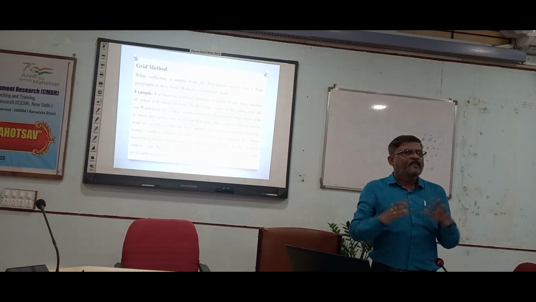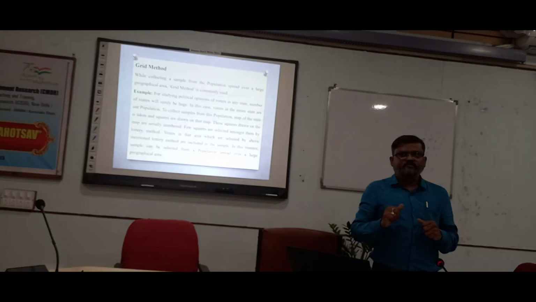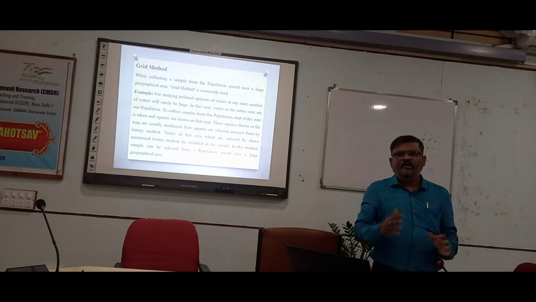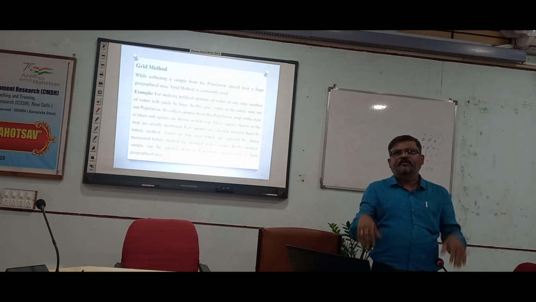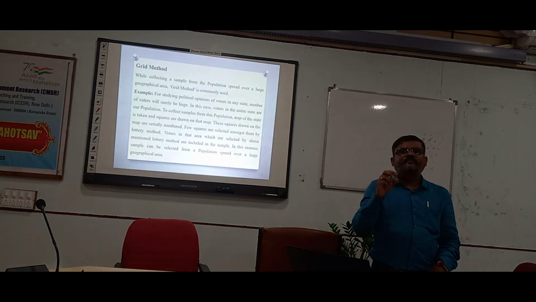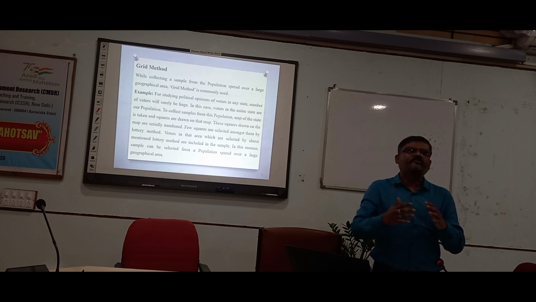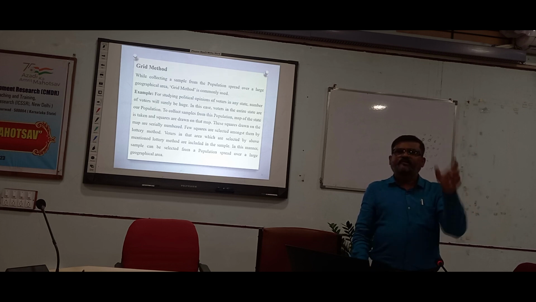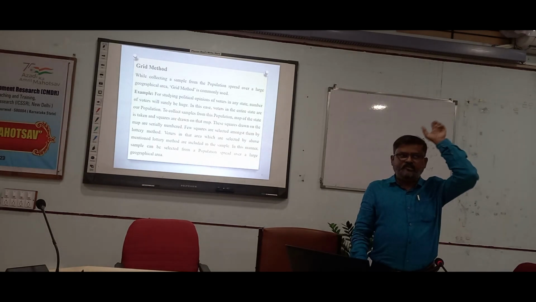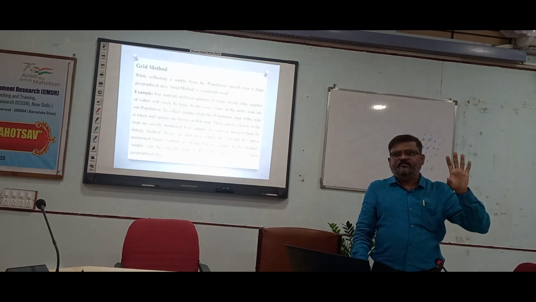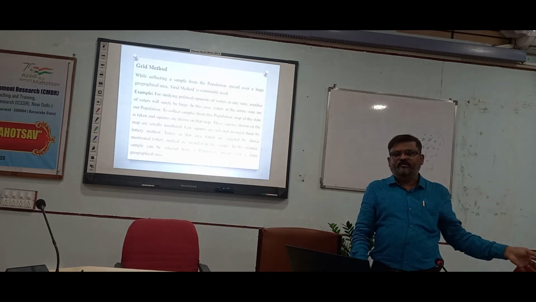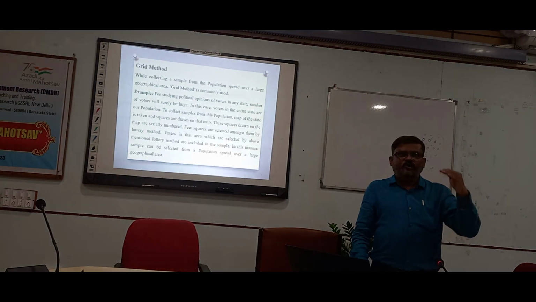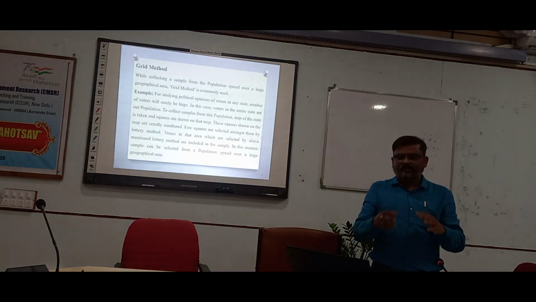Suppose you have some census data of any village or city, and you put it into the Excel sheet in your system. There is a command for rand. If you use rand, it will automatically randomize the data. Then, however many samples you require, you can directly select. Suppose you want 200 people out of 1000 or 10,000, you can select the first 200. That will be shown by our another resource person. In that sense, random sampling can be done here.